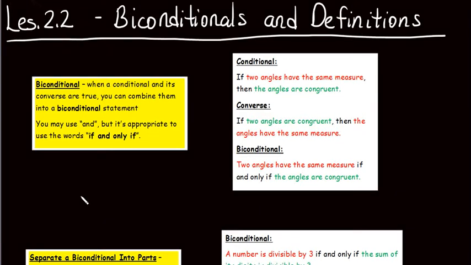Okay, in our first lesson in chapter 2, we talked about conditionals and how they're stated using if and then, and that the converse is their opposite. So today in lesson 2.2 we're going to talk about biconditionals, and we know that the prefix bi means two. A biconditional is when a conditional statement and its converse are both true and you combine them into a biconditional statement. Now, you can simply use the word and, but